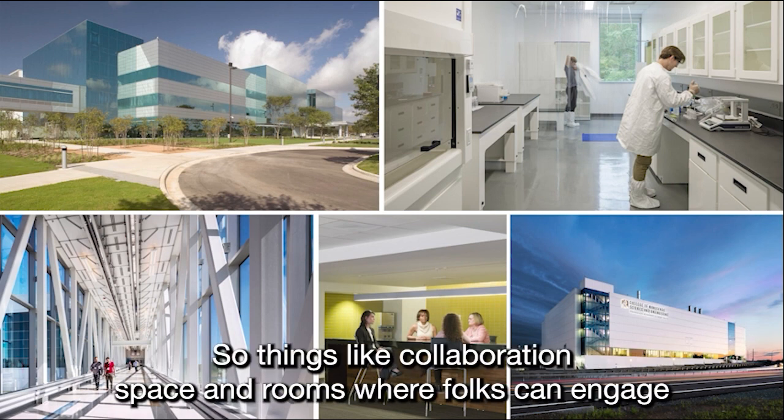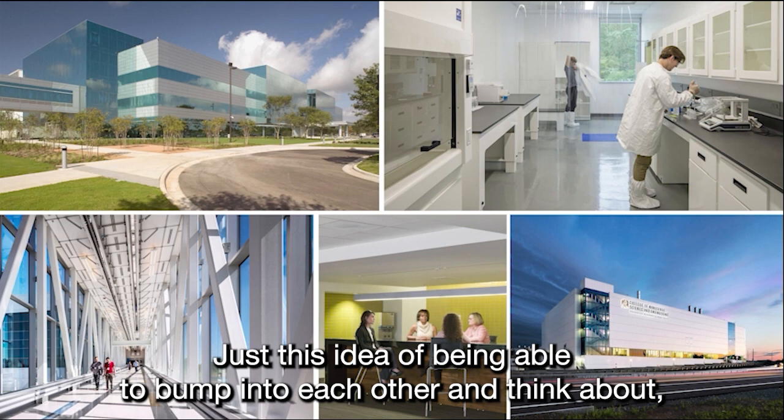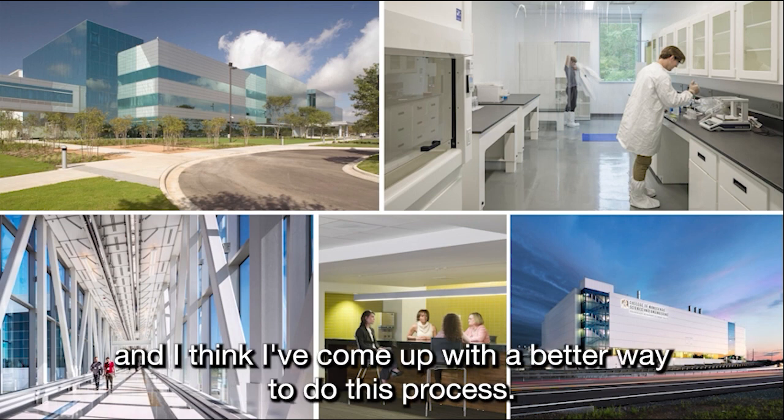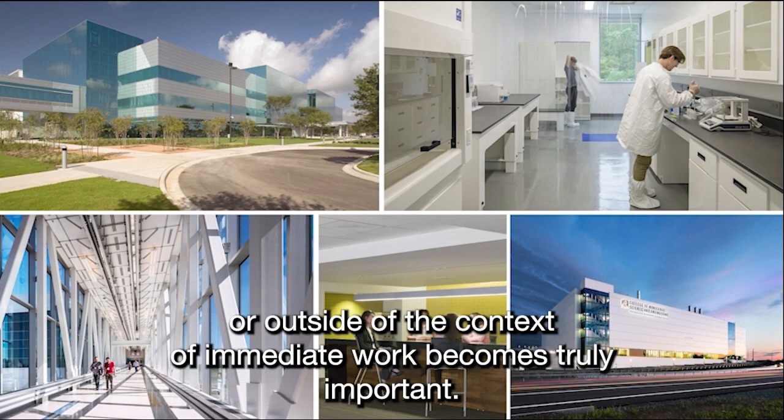So things like collaboration space and rooms where folks can engage outside of those work environments becomes critically important. Just this idea of being able to bump into each other and think about, hey, I was thinking about this while I was in the room, and I think I've come up with a better way to do this process. The ability to sit down and collaborate and talk about that offline or outside of the context of immediate work